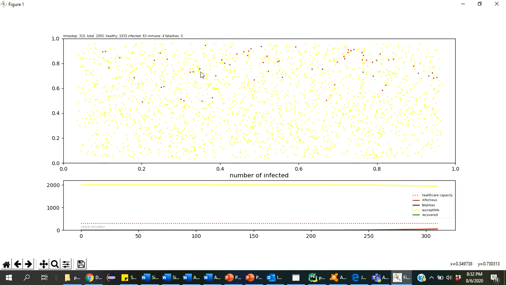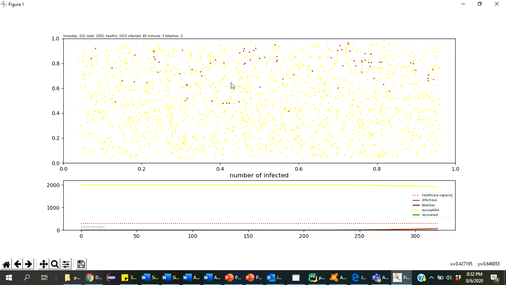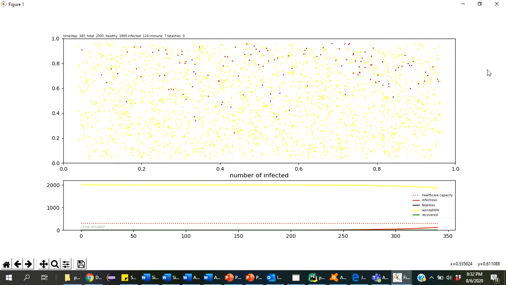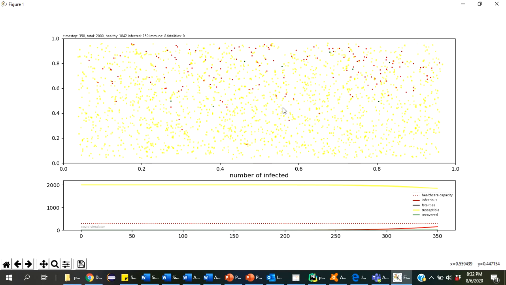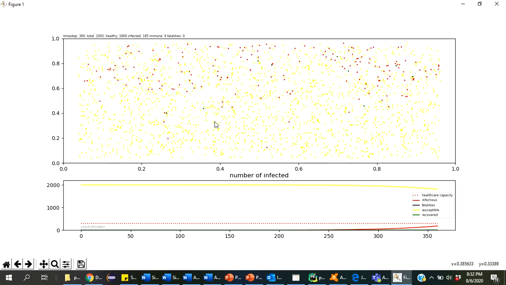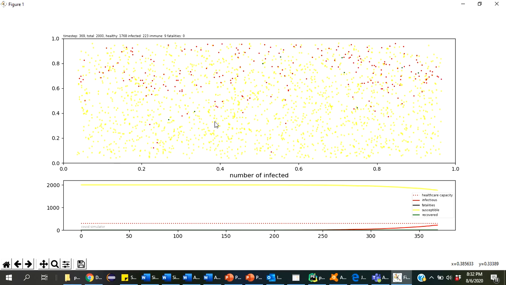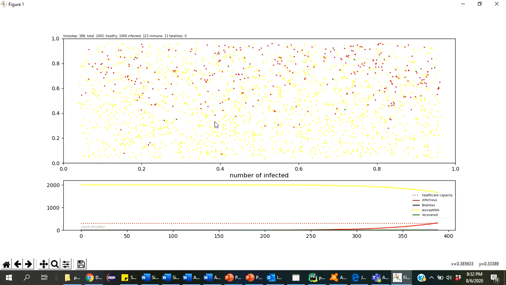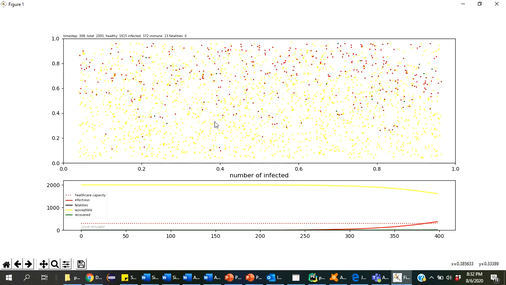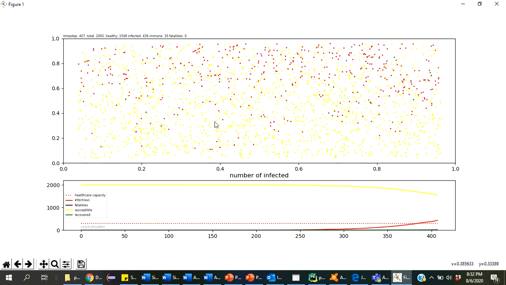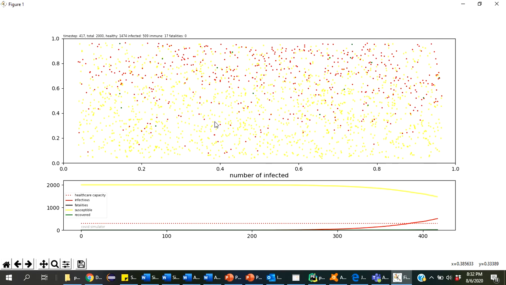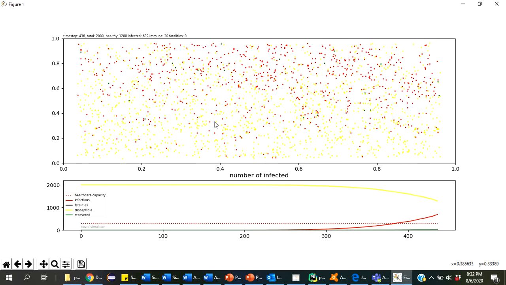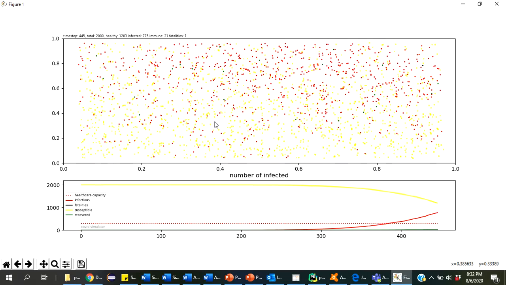Now the immune people are also moving, right? After some time, immune people can also be converted into infected people, but right now I'm not showing that. This is basically on the assumption that the main cause of COVID spreading is one person meeting another person, and that can transmit the virus from one person to another. That is the thing I have taken here. We have also shown some results that if there is a quarantine period, when there is a 100% lockdown, then the cases go down. I have used those cases here.